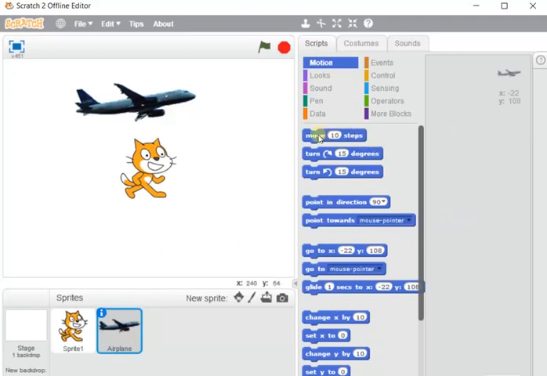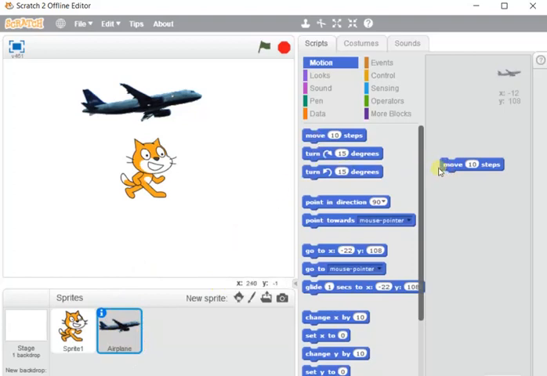that will be applied on this selected sprite. So if I select this move 10 steps forward and click on it, then you will see the plane is moving, not the cat, because I have selected the airplane and then I am writing the program.